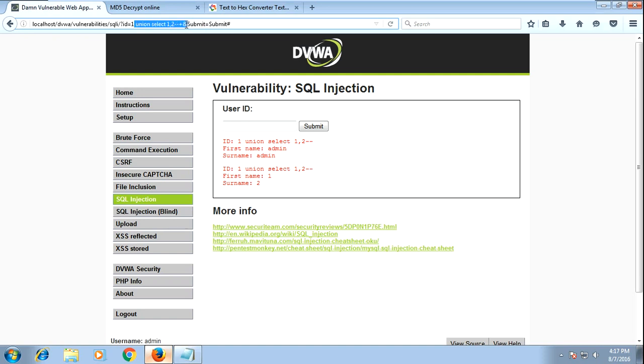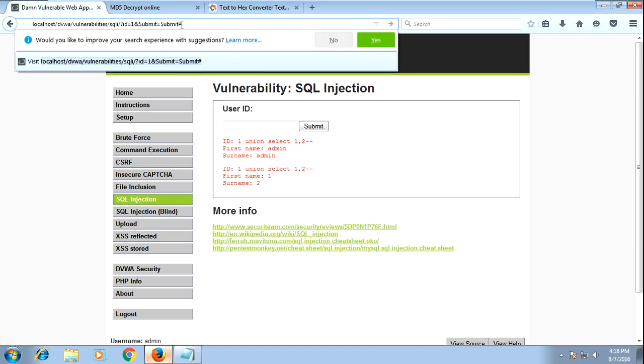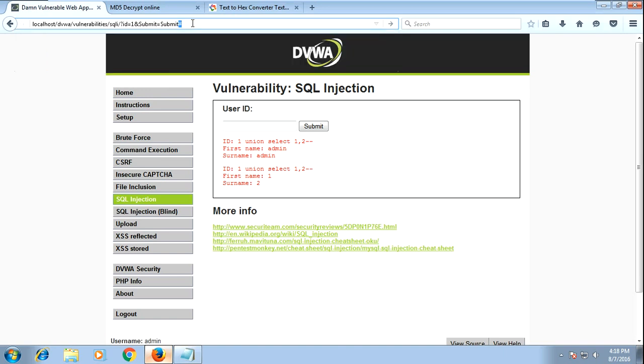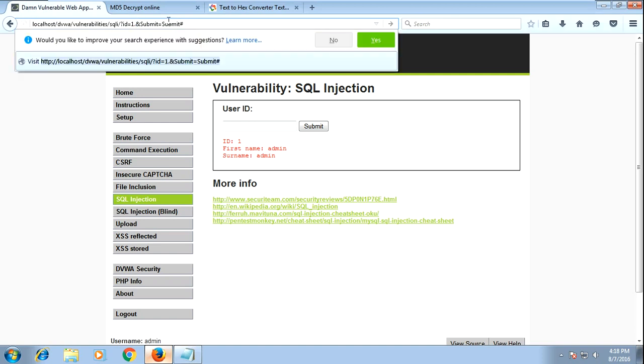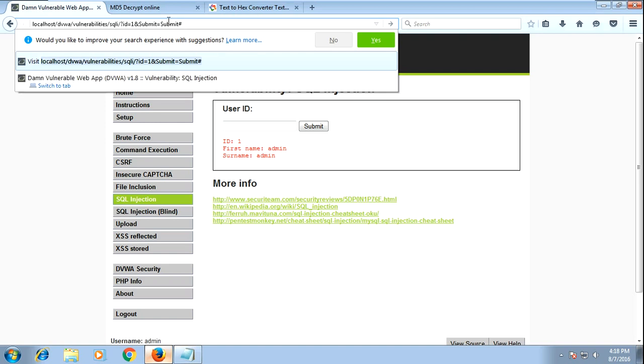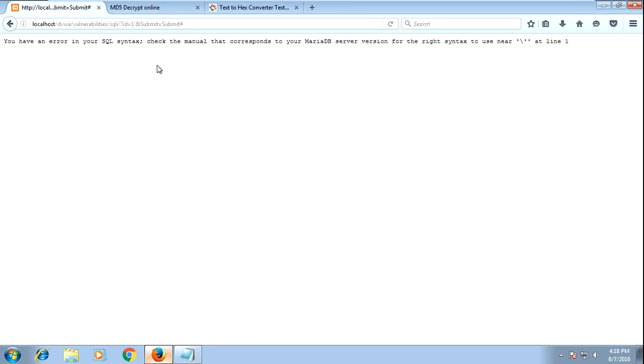We must check whether the website is showing some error, so make some error here after the GET method. Yes, the error means that the website is responding to the error, so it may be a vulnerable website.